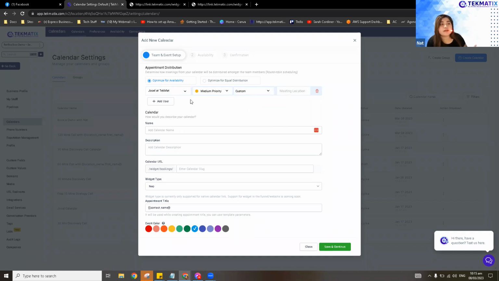So here this is basically the name of the calendar that you have. I'll just name it maybe 30-minute strategy call. And the description, this is where Cadence asked before about giving instructions to choose the time zone. You can add it here in the description. But for now, I'll just call it pick a call with Nat for a strategy call.